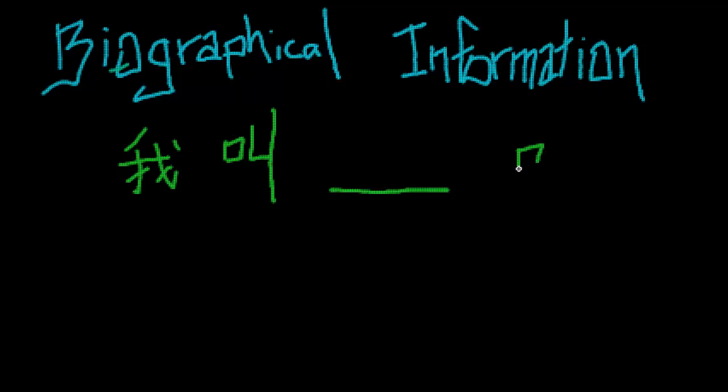It has the radical 口 and then two strokes. Kind of looks like a 4. Alright, that is 叫. 我叫. And then here you put your name. Now how about your surname? You can say 我姓